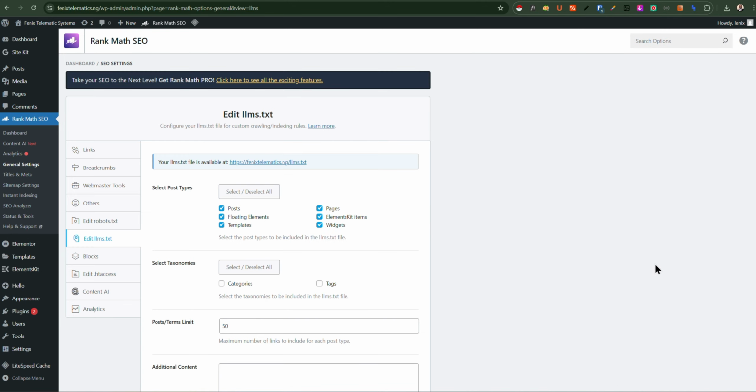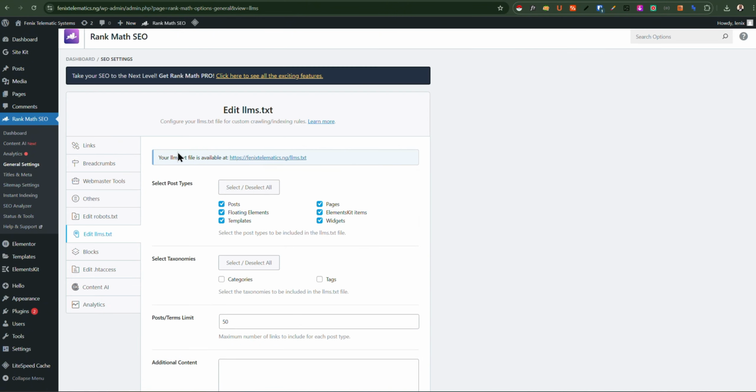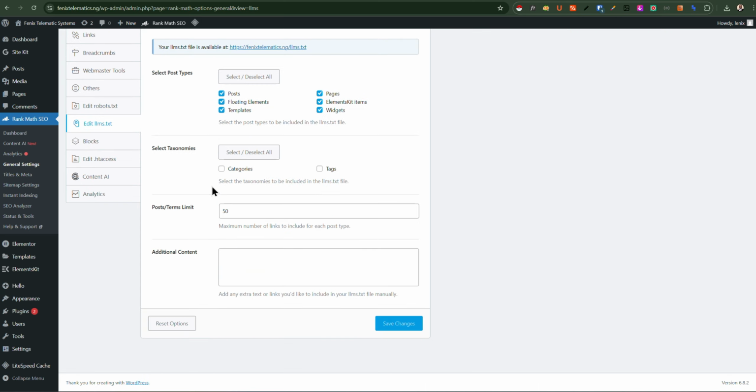And right on the settings page, you can see a couple of information. The first one is you can select the post types that you want to make crawlable to AI models, and also you can select taxonomies from here, and then you can as well limit your post and you can add extra content right there. But basically all you have to do is just have it activated by the toggle,